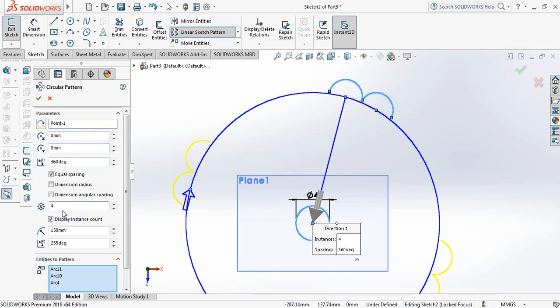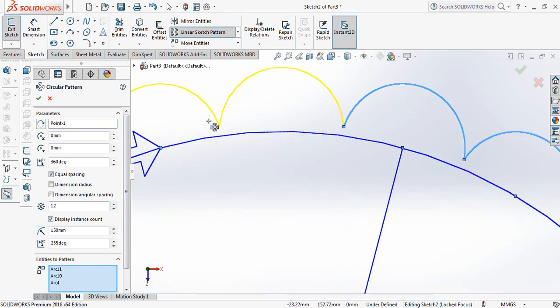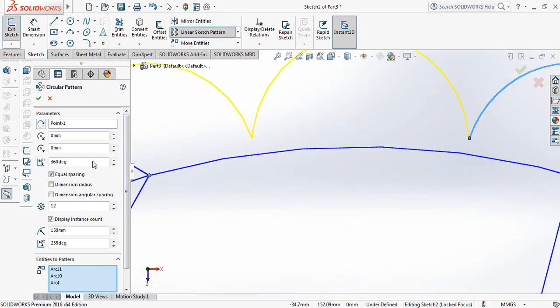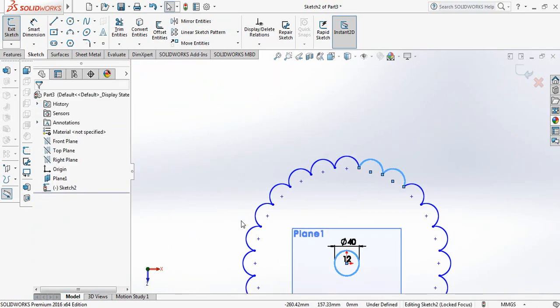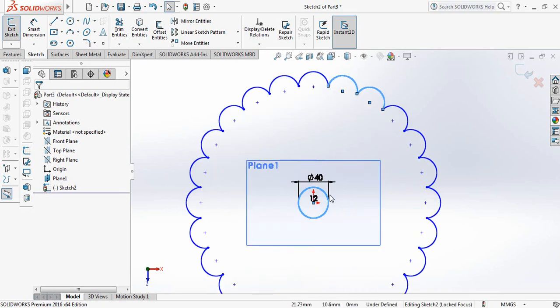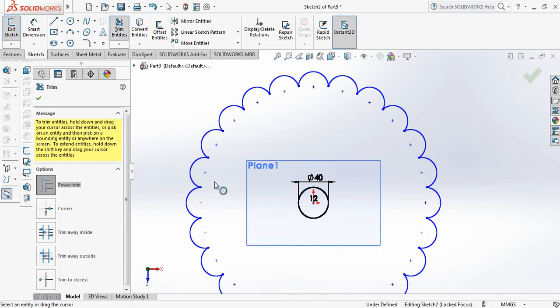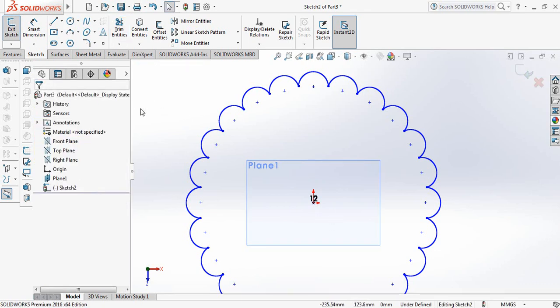and for this one increase this one. Okay, so if they touch, that means okay, so it is 12 here. Okay, now again select trim entities and remove this circle. Okay,